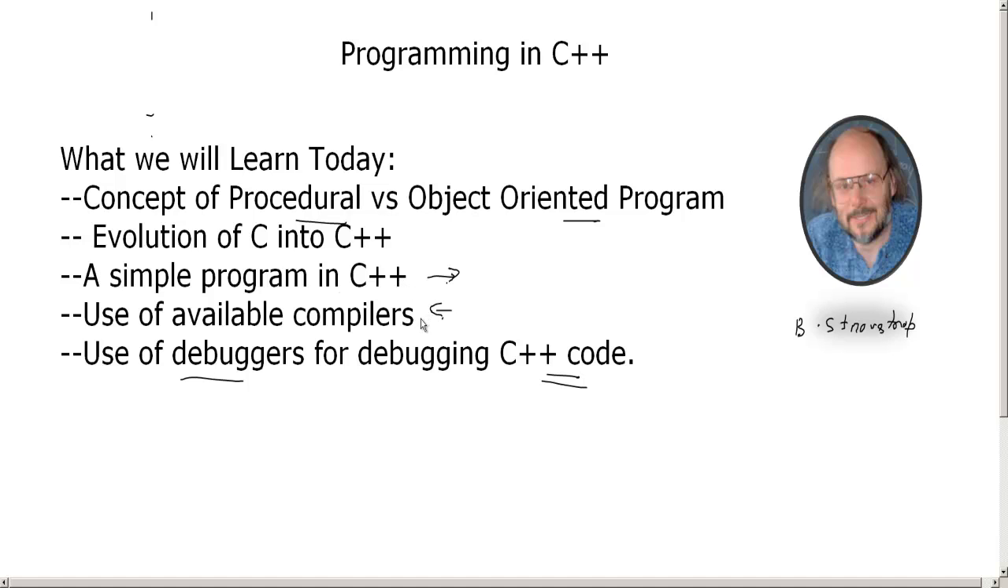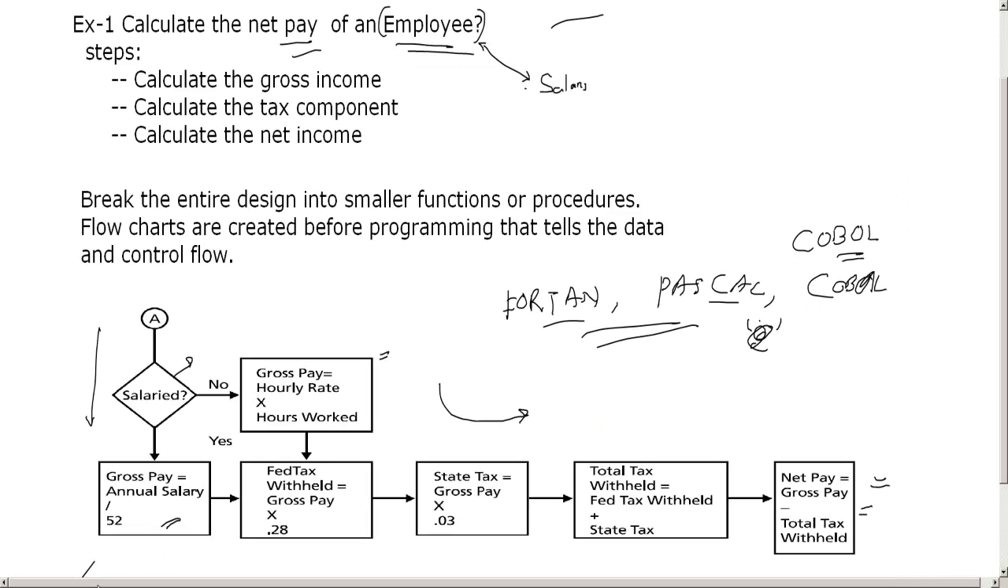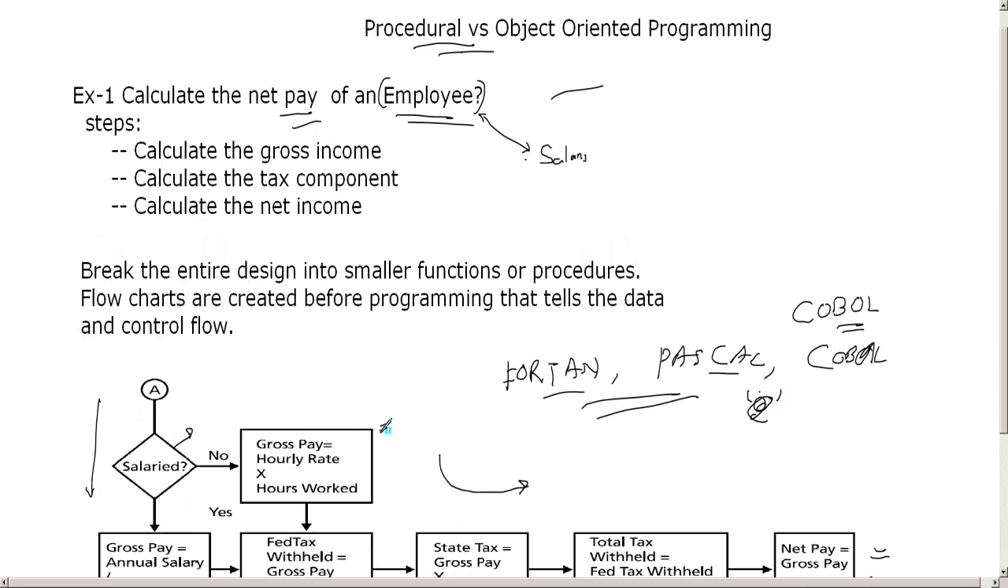Then we will look at the available compilers in the market to compile C++ code, and the use of debugging techniques or debuggers for debugging a C++ code. So let me first quickly go through the concept of procedural versus object-oriented program. In order to describe the concept of procedural program, let us first go through a